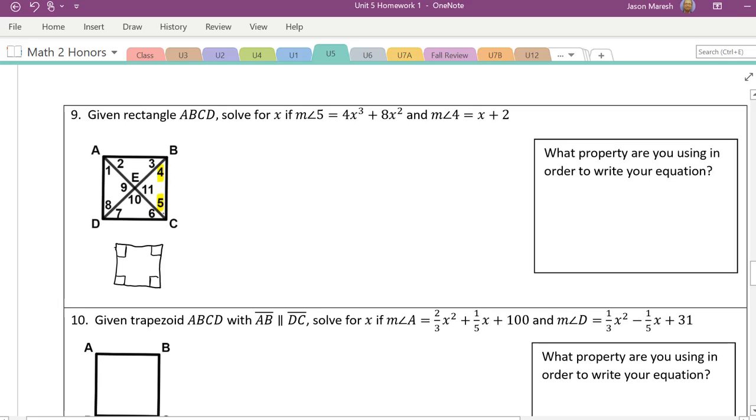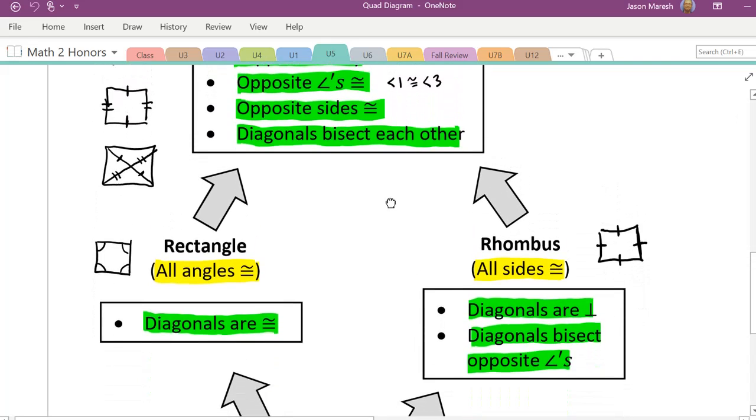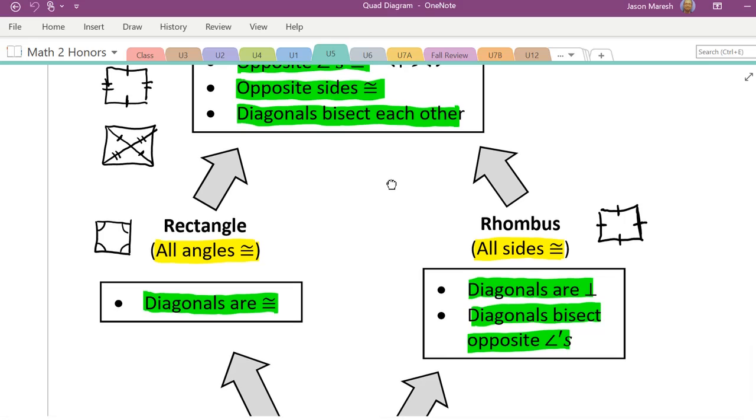It looks like it's cut in half, like angle 5 is 45 degrees. But don't go by the appearance. You have to rely on properties. And in fact, we're going to find that that angle is not cut in half, because that's not a property of a rectangle. So let's keep thinking about it. Diagonals are congruent. That doesn't deal with angles. So let's just look at the angle part. We'll come back to the other types of properties. And so that's the only property that's